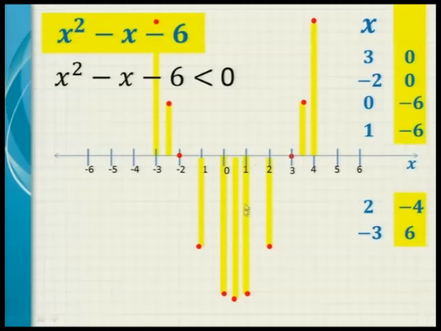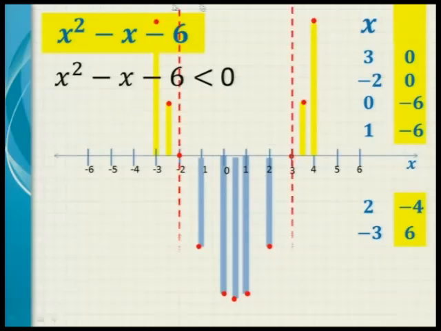Well, everything under the line, everything here is less than 0. So can you see all these values here for the yellow box is less than 0? And which x values gives me those? Well, these ones here. So everything in blue is less than 0. The yellow box values are less than 0. And where do we find those values? Between that point and that point. So I can draw two lines here, and I can say, if the x value is between those two lines, the yellow box value will be below the line, will be negative.